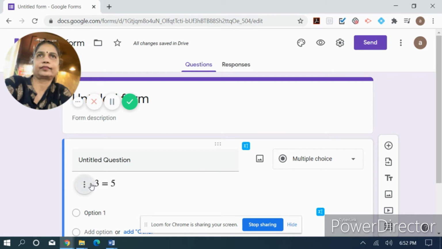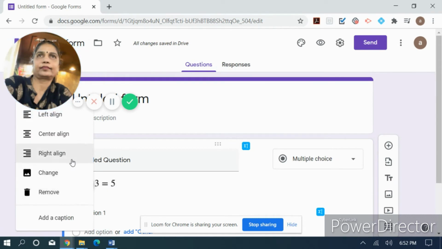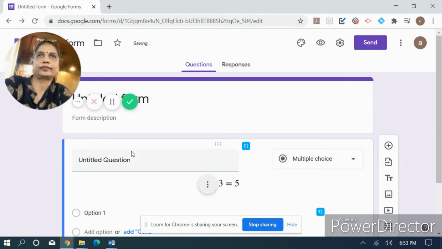Yeah, so there are three buttons over there. The question is inserted. Now you can go for center align, because it is left aligned and not visible properly. You can center align so that it comes over here.